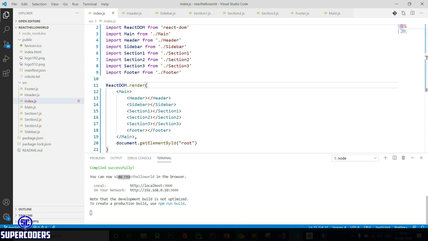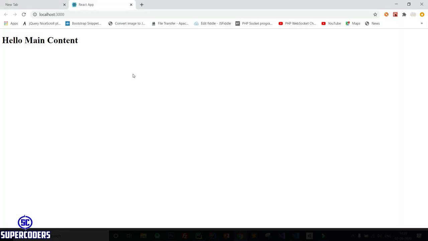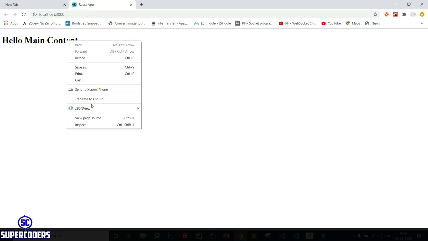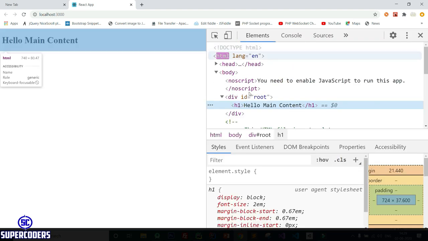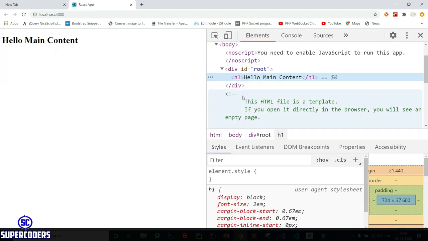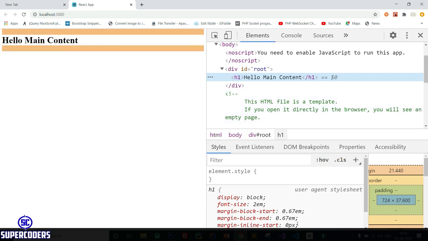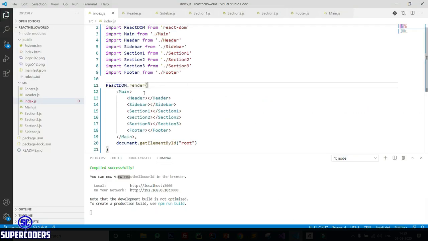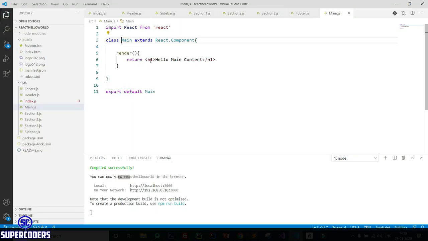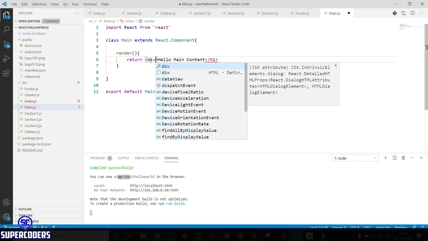Now let's see Chrome, and it's still showing main content. So let's see what is the error. Click on it. So it does not show anything. So let's do one more thing. In main, change it to div.